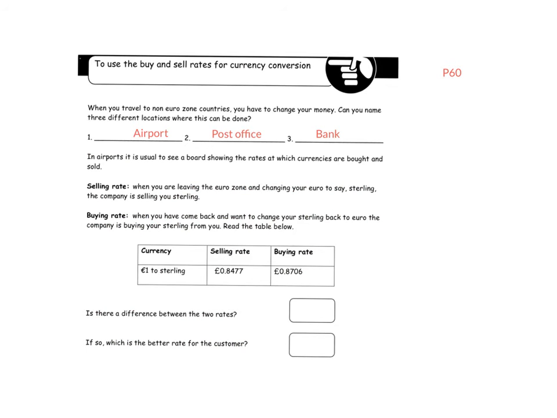On page 60, there is not much to do, but we have to know what's the difference between selling rate and buying rate. If you want to go to a bank or post office, or whenever you want to change or convert your money, there are lots of places you can do it. You always see the table. You have currency and then selling rate and buying rate. What's the difference between them? What you will get if you want to convert your money? So basically,